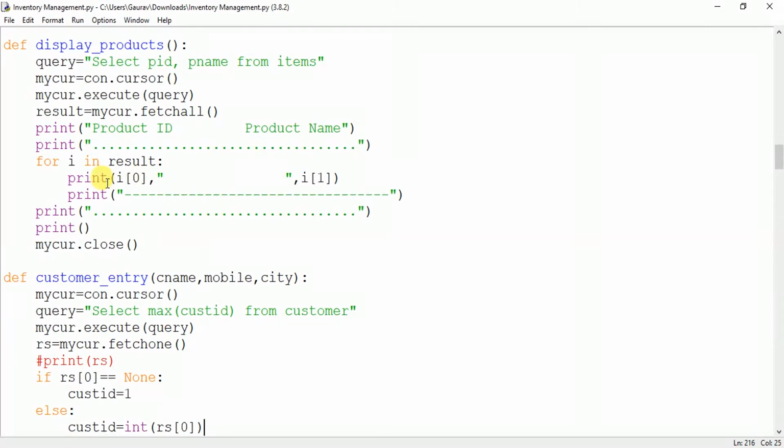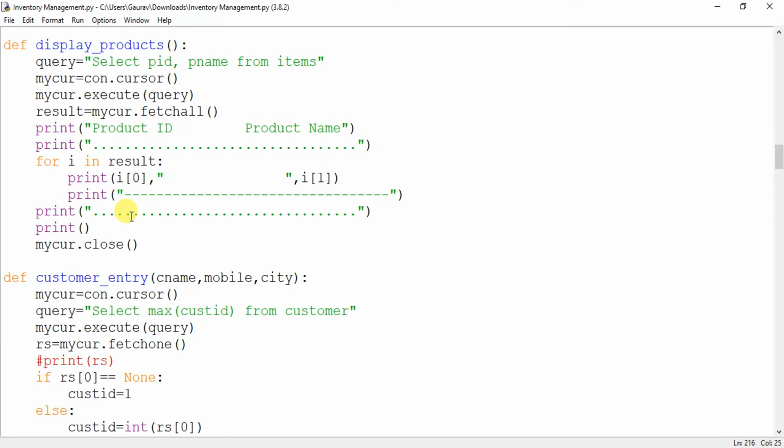The first product ID, product name will be followed by these dashed lines, and all those products will be displayed on the monitor, and at the end there will be a dotted line. So this is a very easy function to display all the products that are available in your inventory.